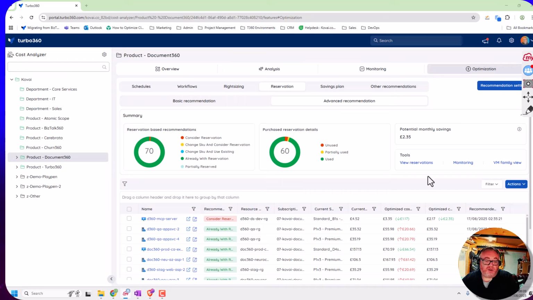So what we're able to do in Turbo 360 to help protect you from that is we've got the new monitoring feature down here for reservations, and the aim is to make it really simple for you to set this up. Again, because we've got the tree view on the left, we're looking at the scope of the Document 360 team in this case. In your example, this could be one of your development teams, one of your business teams who look after certain areas. Maybe a FinOps person looks after the HR team, and they configure things to make sure that team's money's spent wisely. Now, what we can do is click the monitoring here,